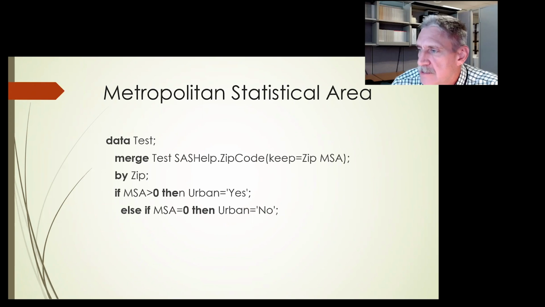The SASHELP.ZIPCODE table, which I mentioned earlier, has a field in it, MSA. That is the number. It's just a code, 4 digits as I remember, that's going to give you the metropolitan statistical area. It does not have the name of it, so it's not the Austin, Round Rock, New Braunfels metropolitan statistical area. It's 640. And you'll have to go onto the web or contact me. I've got the list of them to get the actual name for each one.